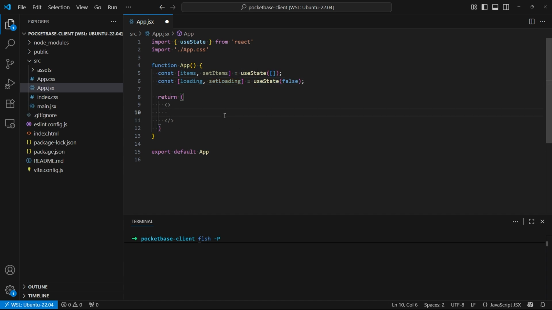And for the return, I want to have a simple form. So I'll just keep this really simple. It's going to have an input in it that's text, and the placeholder will just say add item. And I'll have a submit button, so type submit, and then I'll just say add on the button. And then underneath the form,